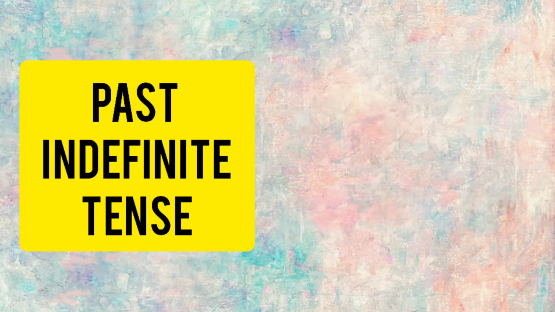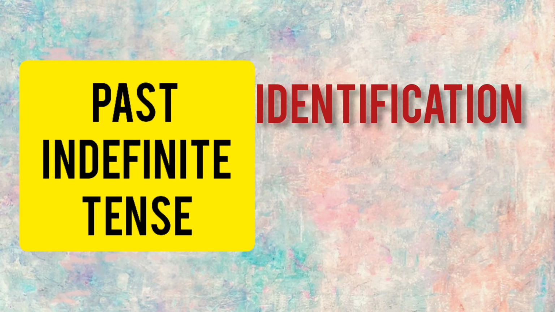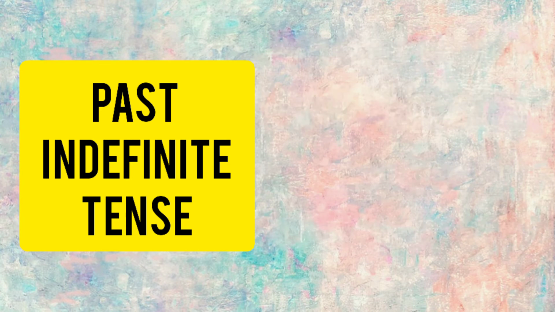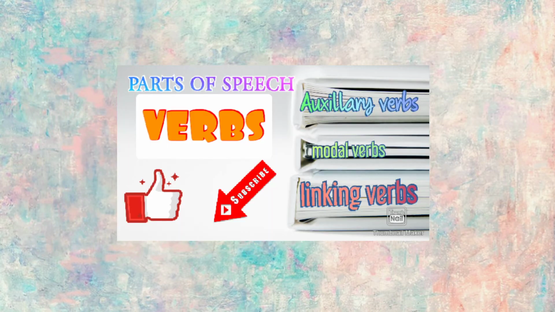And identification for the past indefinite tenses in Urdu is करते थे, करता था, किया था, and ending by the auxiliary verb. So auxiliary or helping verbs play the main and important role for the distinguishment and for the description of the tense. So you have to know what they are and why we use them, or for what tenses we use them. So you have to watch the video on the auxiliary or helping verb first.